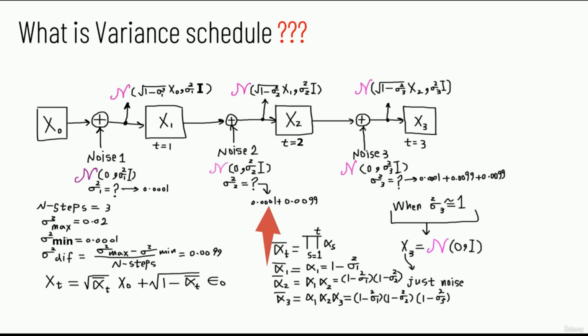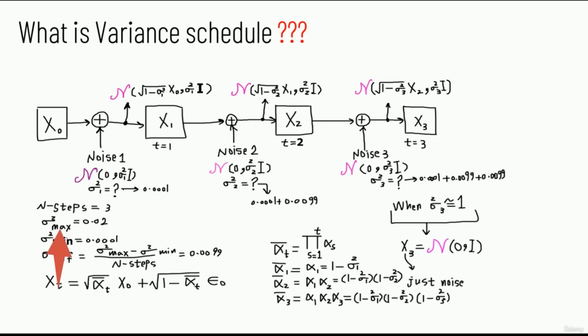So we will get 0.0001 plus 0.0099. And now we are at time step 2. So again, we will increase the level of the noise. So here the variance of noise 3 is equal to 0.0001 plus 0.0099 plus 0.0099, which is equal to